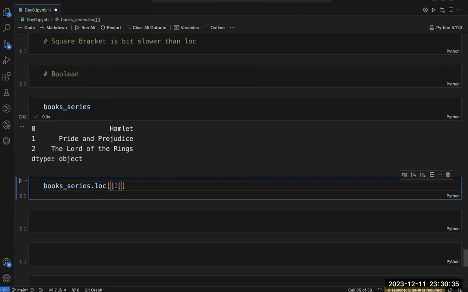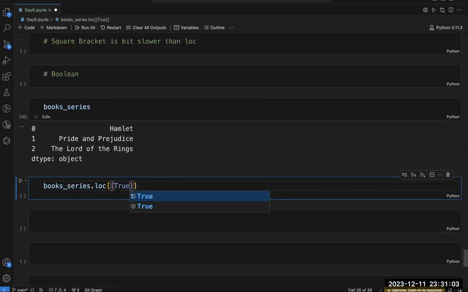Why? Because one square bracket is important after the loc, but here I am supplying a list of Boolean, and the list of Boolean should also come in a square bracket.